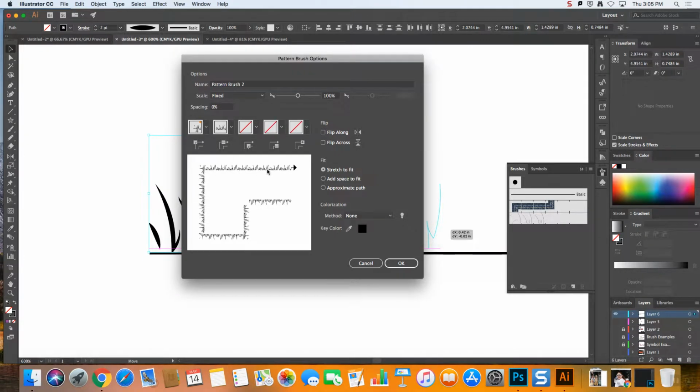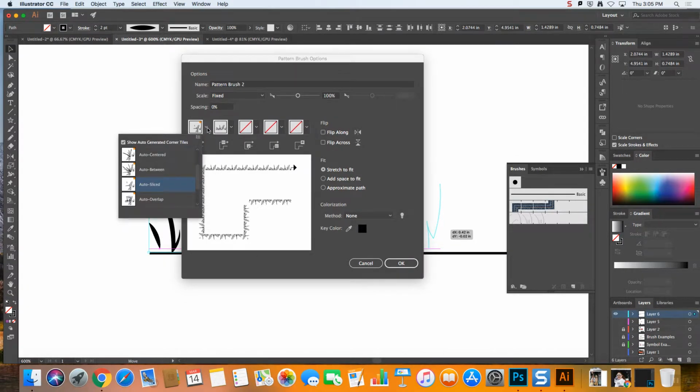That's pretty straightforward. To the left, we have what's going to happen when it is on an outside corner. And that's different than what happens when it's on an inside corner. See here the gathers are pointing down, and here the gathers are pointing up, or out, in, out. So it automatically decides what you want on your outside corner by choosing auto sliced, but we actually do have